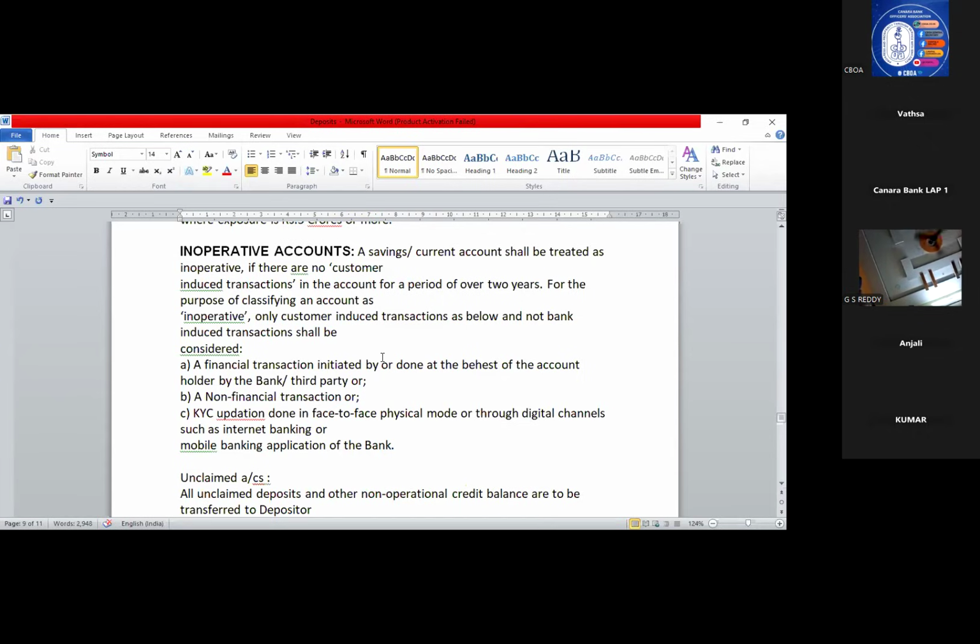But customer has to do some transaction. Either he has to deposit money or withdraw the money, or do any non-financial transaction like checking the balance, checking for the checkbook, or standing instruction. Some transaction he has to do, financial or non-financial, or he has to update the KYC on face-to-face physical mode